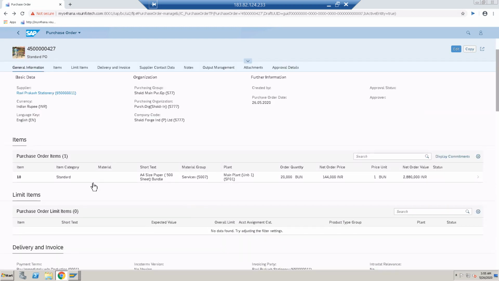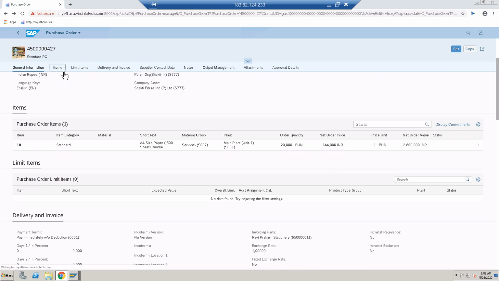You can see again the short text, A4 size paper, 500 sheet bundles, the material group and plant where I want this material, and the quantity, and each bundle price 144 rupees, and the total net value.